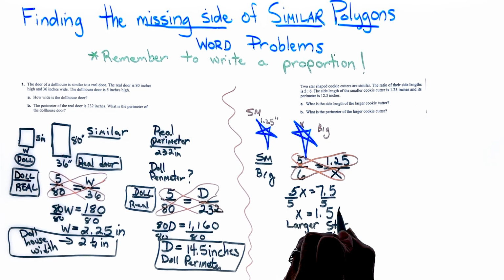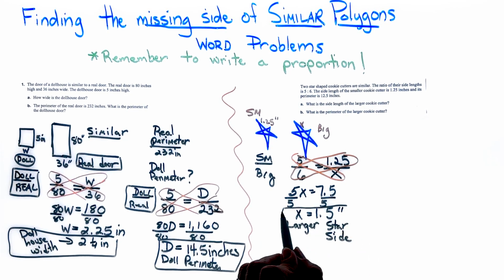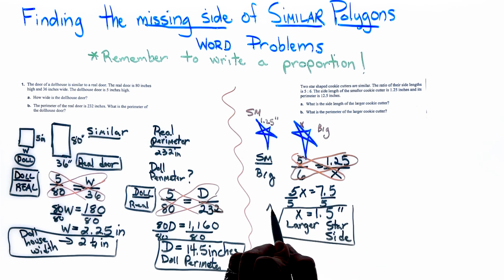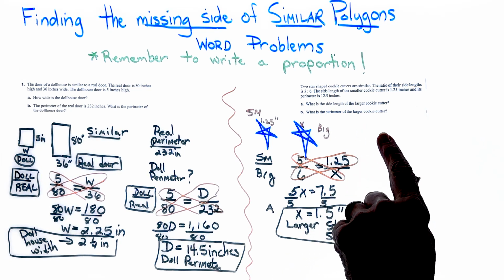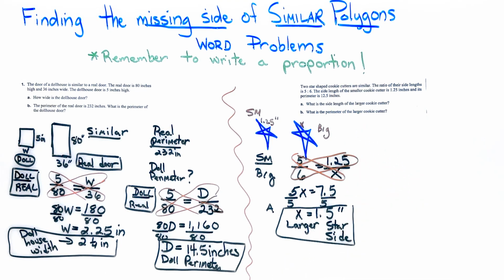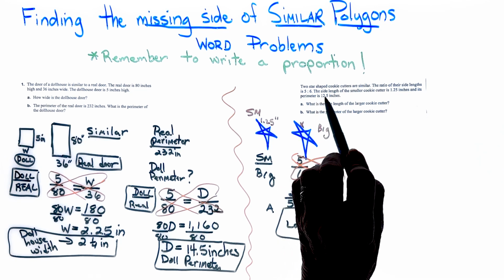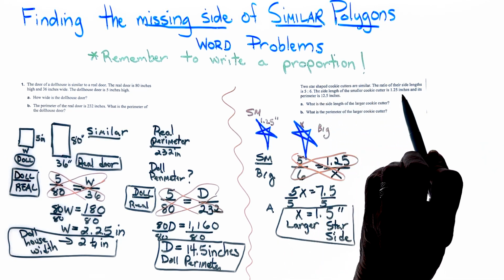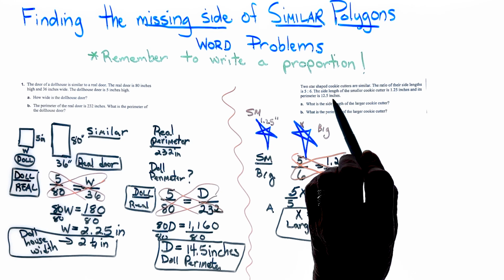And it is in inches. So there is our answer to letter A. For letter B, they want to know what's the perimeter of the larger one. Well, notice, go back into the problem, and the problem states that we have the perimeter, we have the side length of the small and the small